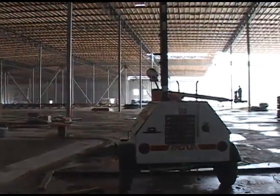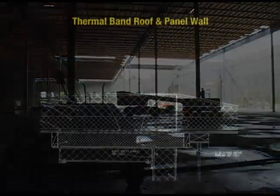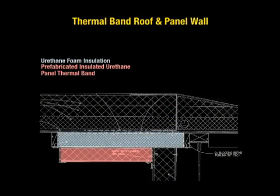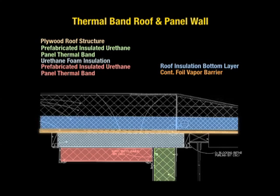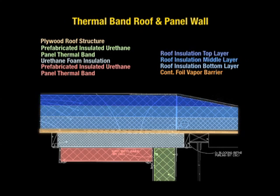We have a cut showing the insulation for the roofs above the freezer and the coolers. We show that there's what's called a bleeder at the very bottom. It's a foam section of insulated panel that comes off horizontally away from the separation panel between the cooler and the freezer, comes up underneath our roof structure, and then based on the temperature requirement for either the cooler or the freezer, a certain number of layers and thickness of foam is put together to create the